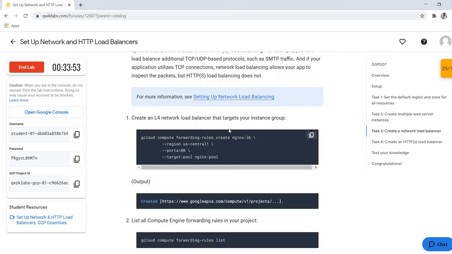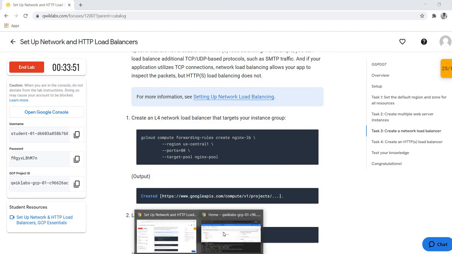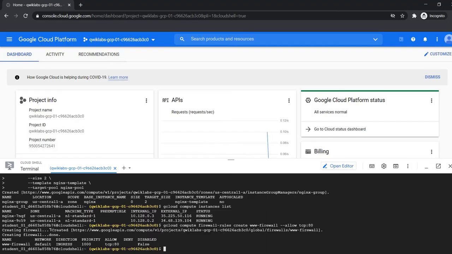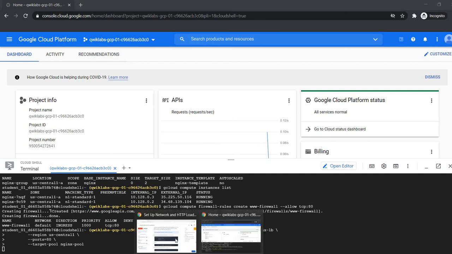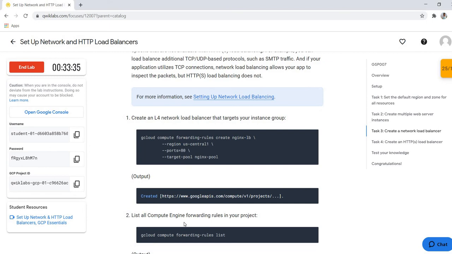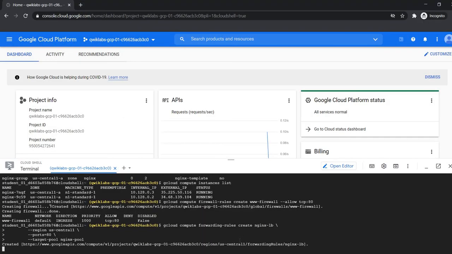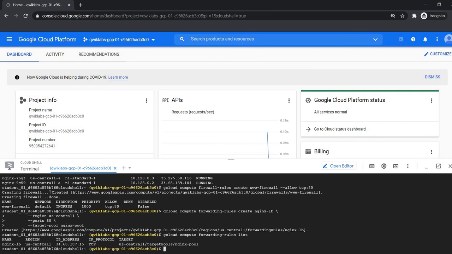Okay, so what is a load balancer? A load balancer is an element which controls your traffic. If you have more than one server and traffic is going high, like in our university exam results, there are lots of students who want to access the university website.